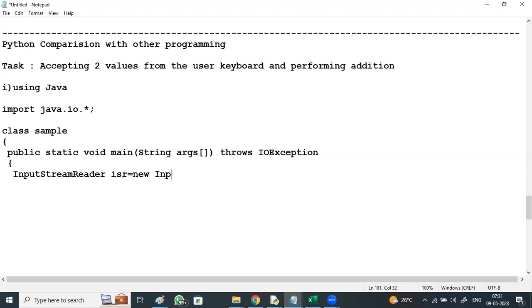I can also use Scanner classes. Then BufferedReader, BR equal to new BufferedReader.